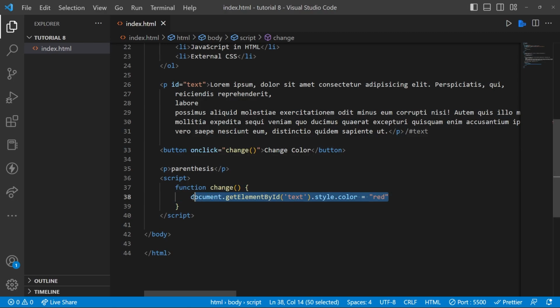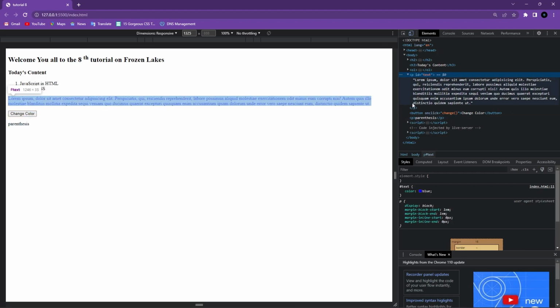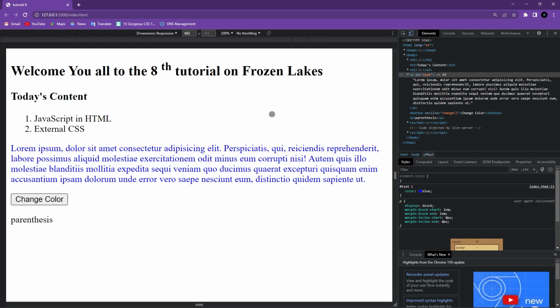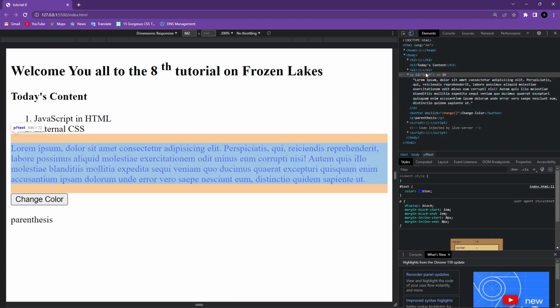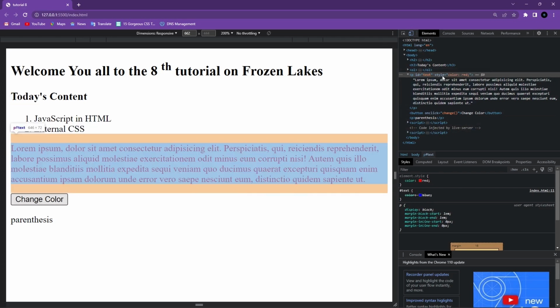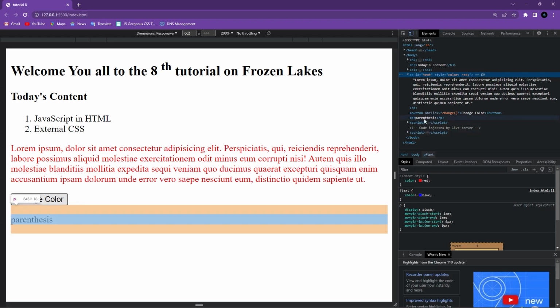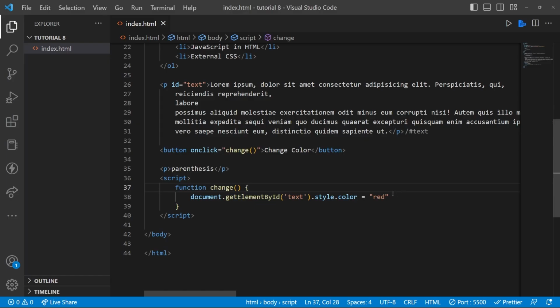So like, before that I have to show you a thing. So let's refresh the page, and I will show you. Now it's default, right? When I click this change color, see, a style attribute has been added with color red. This is the property of this JavaScript. So it will dynamically add things. I just want to show you a thing, like when this color is red,